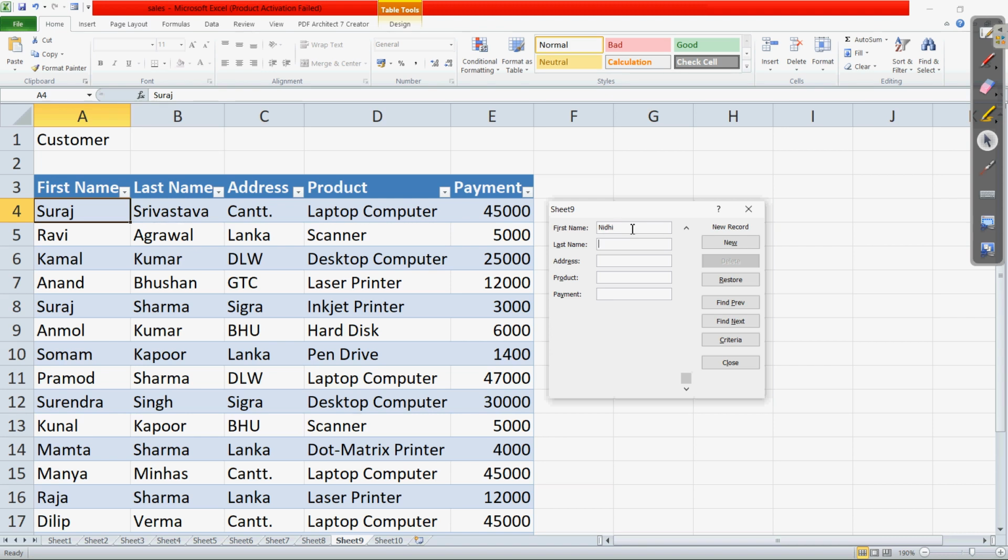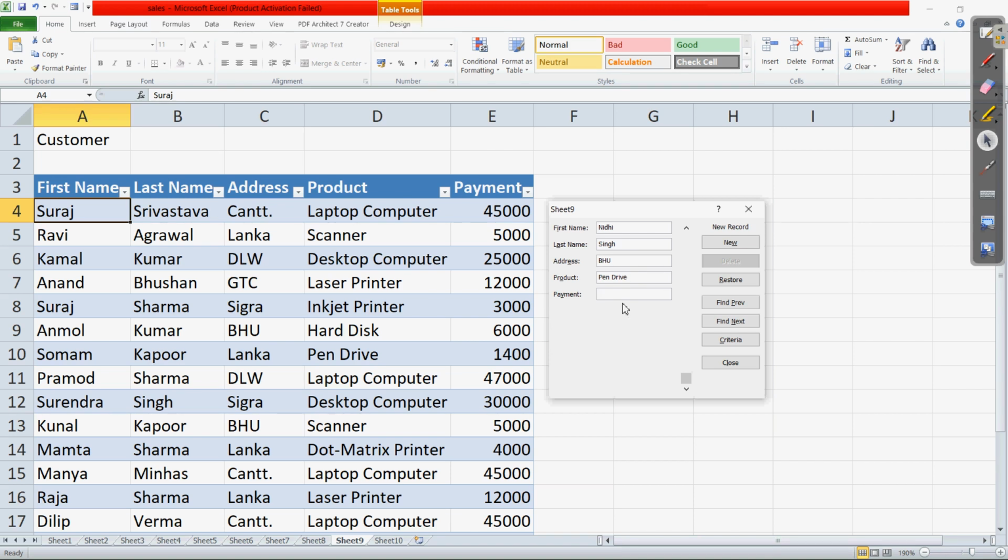So we have entered the first name, then the last name, then address, then product, suppose a pen drive has been purchased. For switching from one field to another, we use the tab key, or we can simply click with the mouse on the field where we want to enter the value.